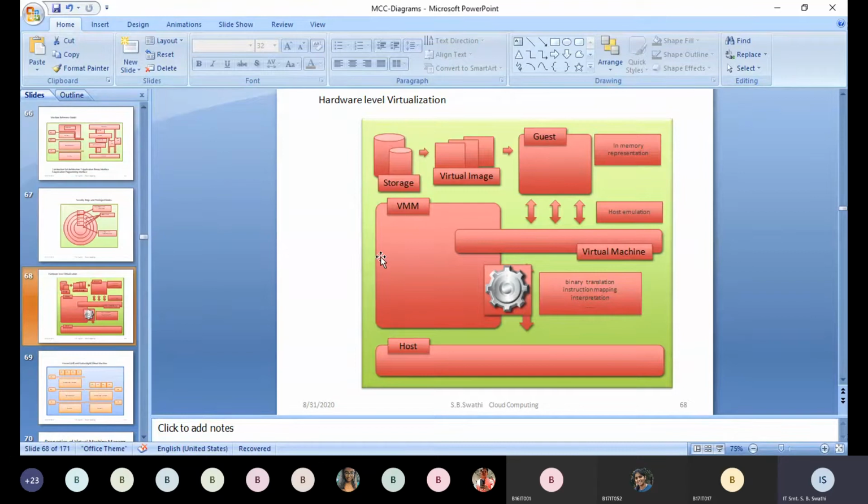Now, what do you mean by hardware level? What type of services are requested from hardware level virtualization, students? Any guess? We need to communicate, we need to interact, then only we shall be sure whether to go to the next topic or not. What are the things we may have in hardware level virtualization?